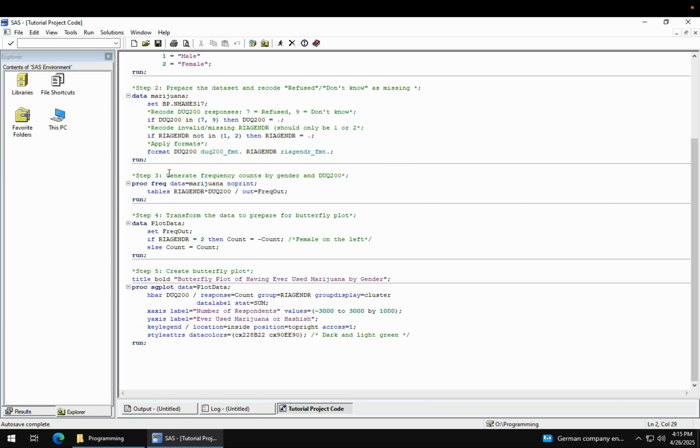For step 3, you are going to want to generate frequency counts by gender and marijuana use. So you'd use a proc freq, data equals marijuana, noprint. That noprint is basically just,